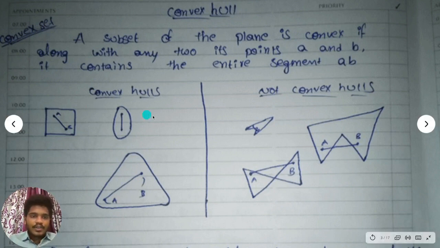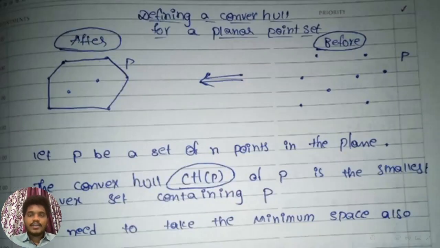If you take any example on the left, any 2 points within the example, the line joining those 2 points will always lie within the figure itself. But coming to the figures on the right side, let us consider this figure right here. Let us take point A as this and point B as this. When we try to join these 2 points, the line segment joining them will come out of the closed figure. So it is not a convex set. So now that you have understood what is and what is not convex, let us discuss what is meant by convex hull for a planar point set.